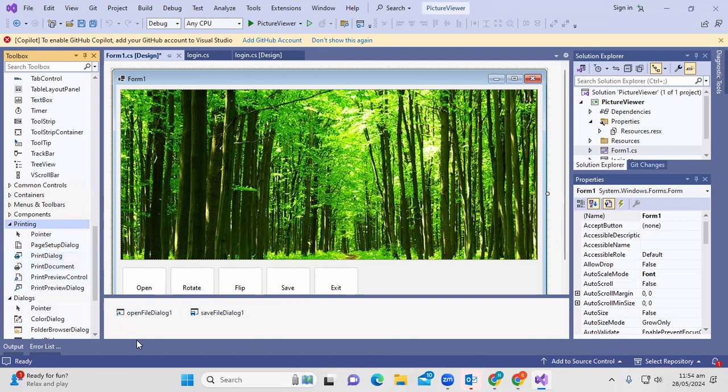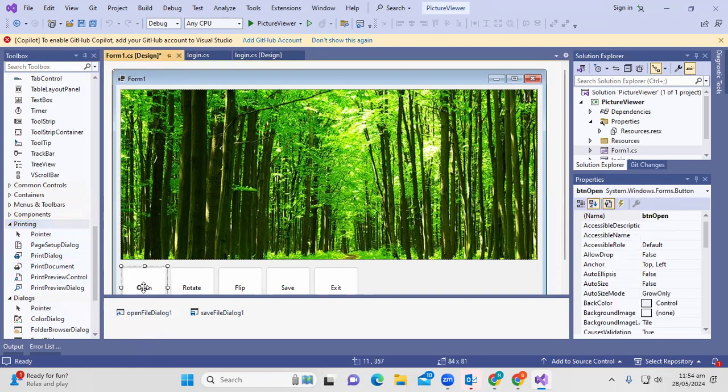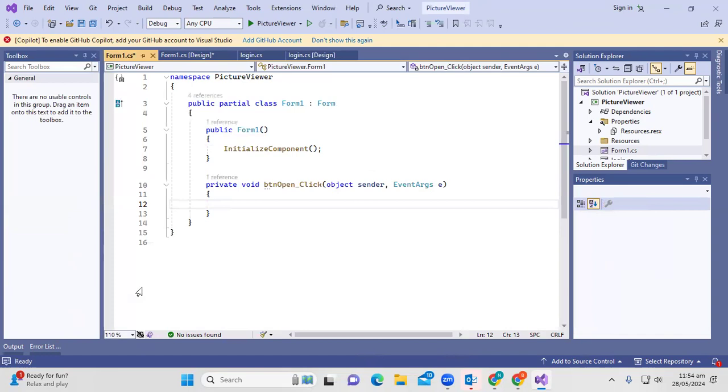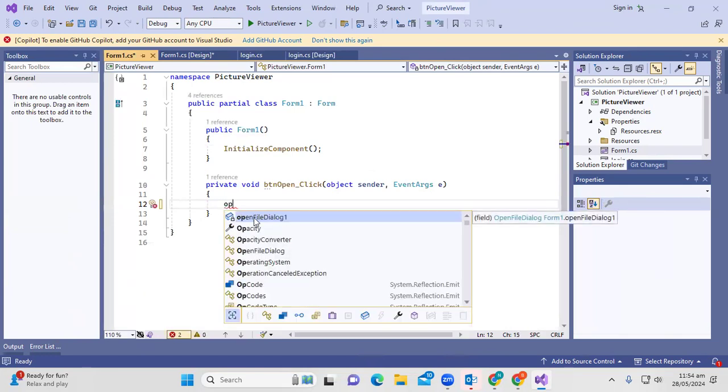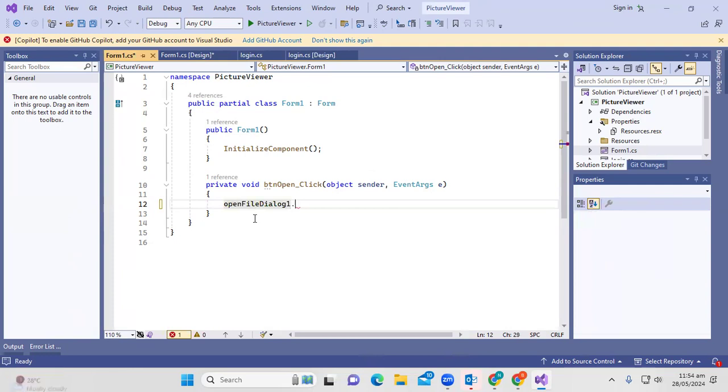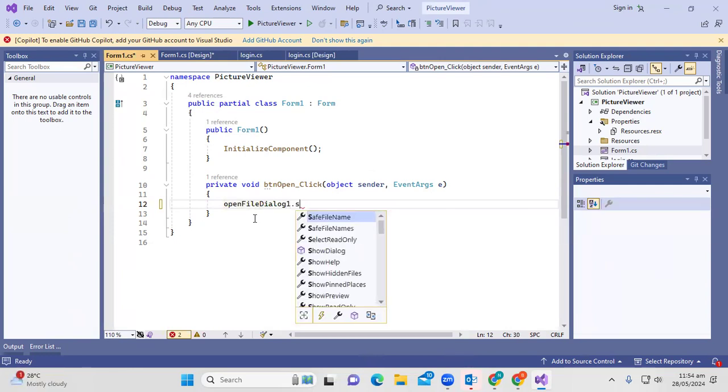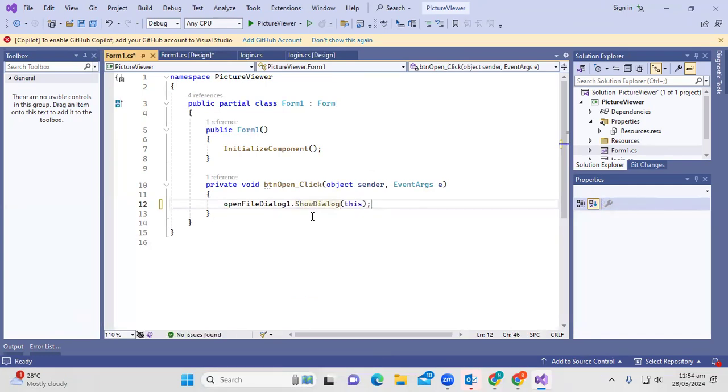Right? Now, I will go inside the open button, double click. So I can type openFileDialog dot, and there's a method called ShowDialog. Right? So if I run this one,